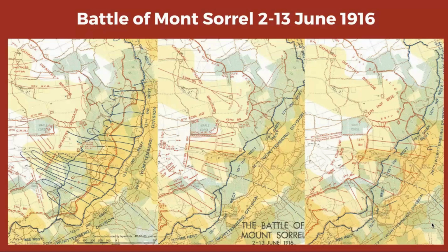When this battle ended on the early morning of the 13th of June, 1916, it ended with a total cost of 8,000 Canadian casualties and almost no change in the front lines. Other than Hooge, no ground changed hands. The original location selected for the main Canadian memorial after the First World War happened to be Hill 62. So this is where the Vimy Ridge Memorial that we all like to go visit was originally supposed to be built,